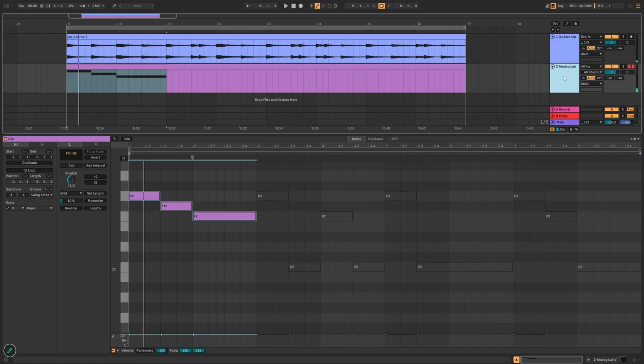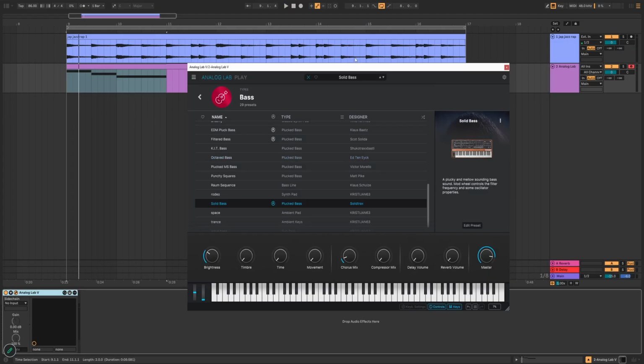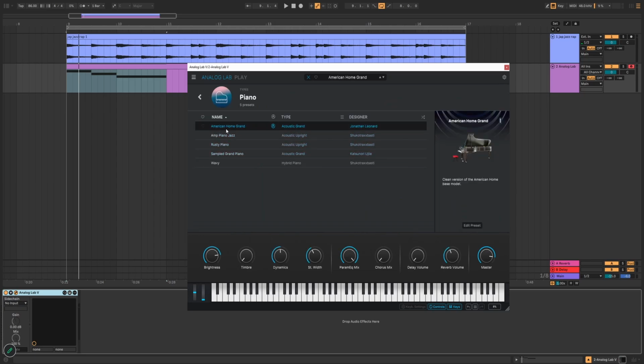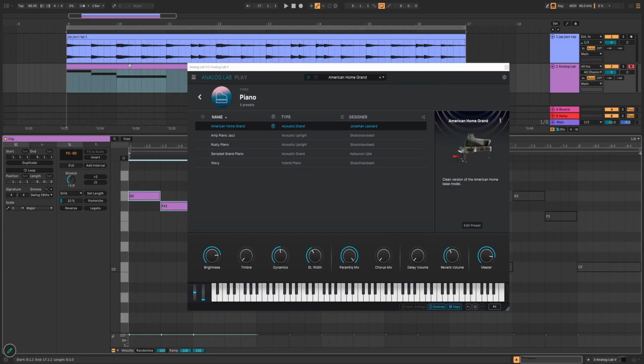Let's actually switch this to piano, maybe it's gonna be easier to hear. I don't really like how that F is sounding, to be honest. Yeah, to me the F is sounding the best, but hold on, let's figure it out with the piano.